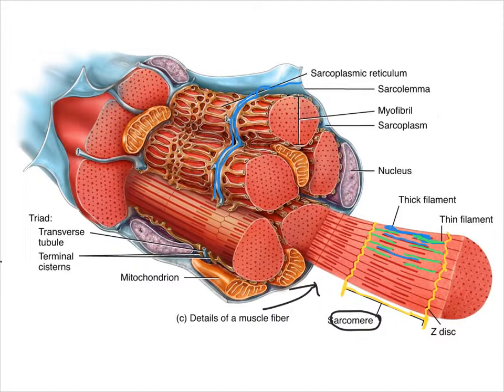And this smooth ER has been formed into all of these tunnels. I'm actually going to do this in green. It's going to be easier to see. All of these tunnels that are running next to the myofibrils, and these tunnels contain calcium. And you can see as these tunnels get close to the T-tubule, the transverse tubule, all of these tunnels kind of join together